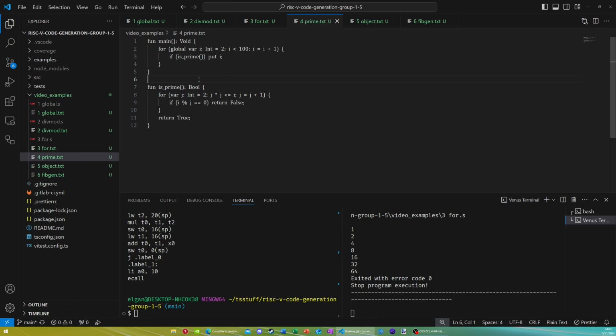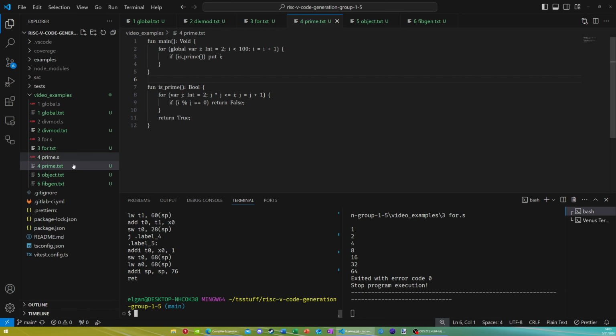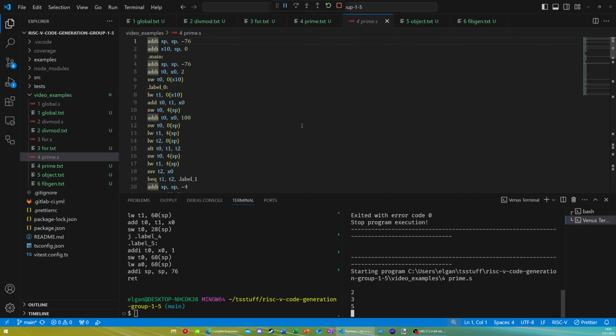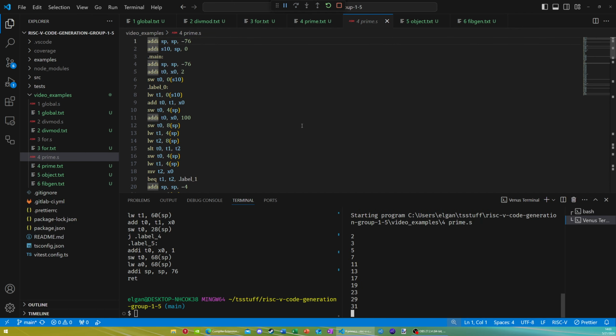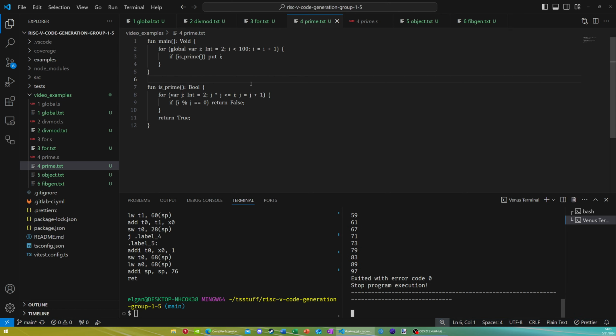So this can check if a number is prime. Let's compile this. And we'll see all the prime numbers from 2 to 100. It's a little slow. This isn't the most efficient possible program,